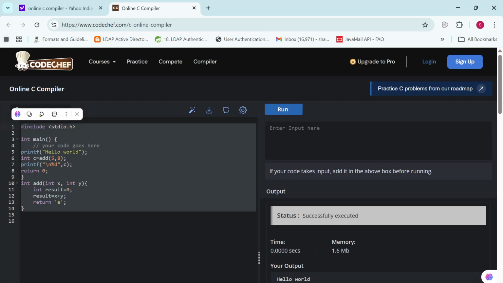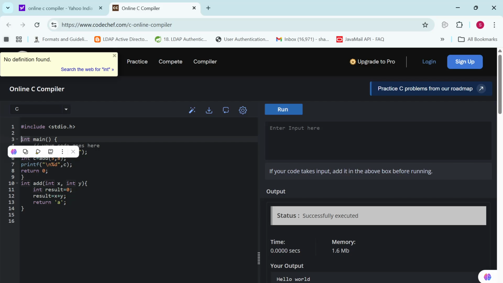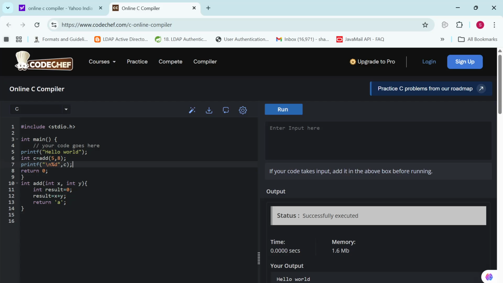So similarly, main has a return type int, right? And I do not see any reason to return a 0. 0 seems a dummy value, because we have not done any computation to come out to this 0. We are just returning 0. Why? Because the runtime, the part of the C environment which is in control of running this program,